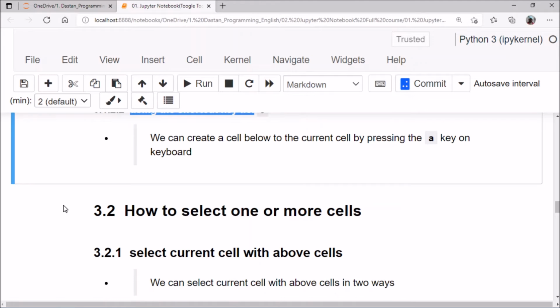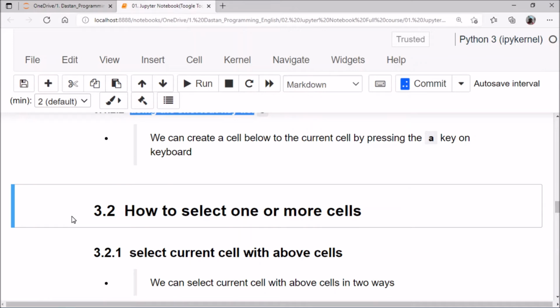So how to select one or more cells. In some cases you have created some individual cells, but after some time you realize you should select all those cells and merge them.